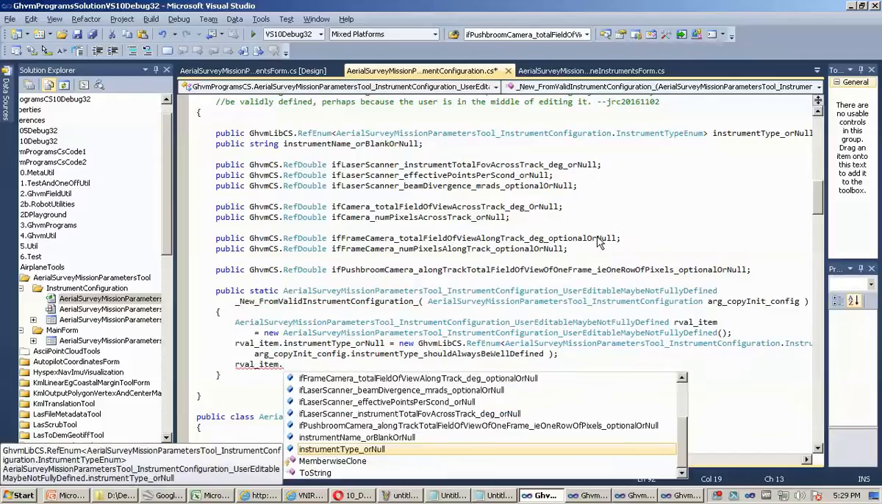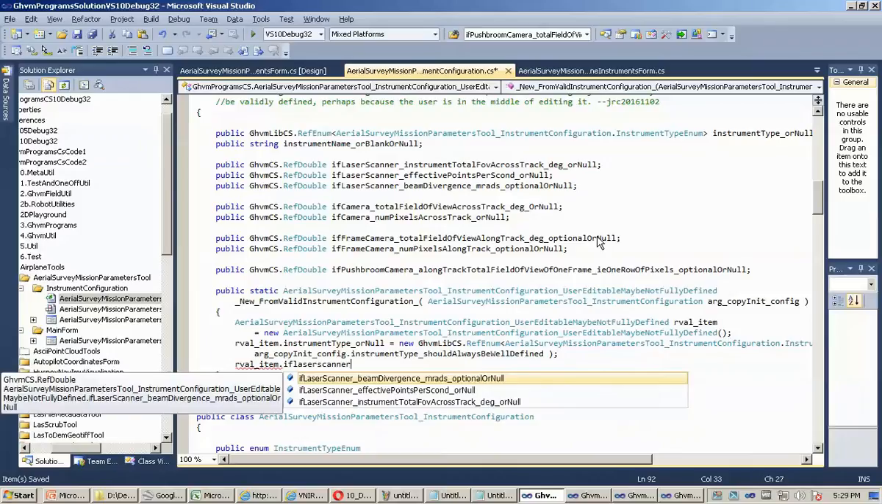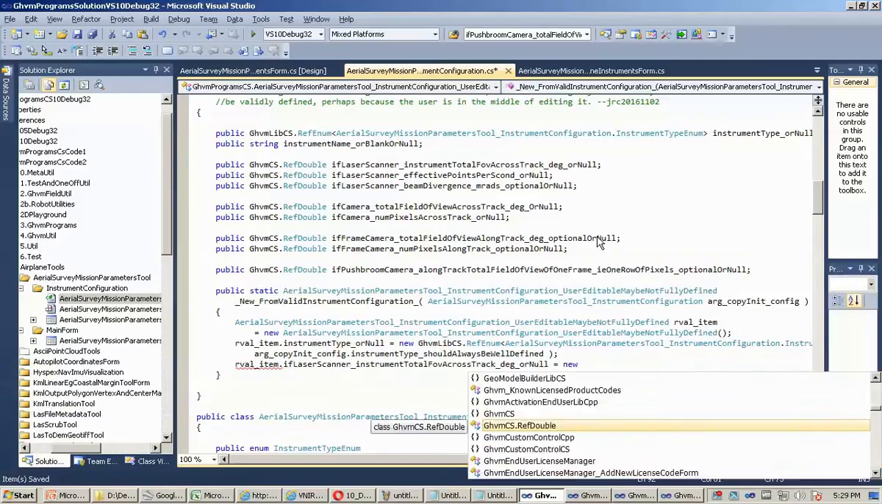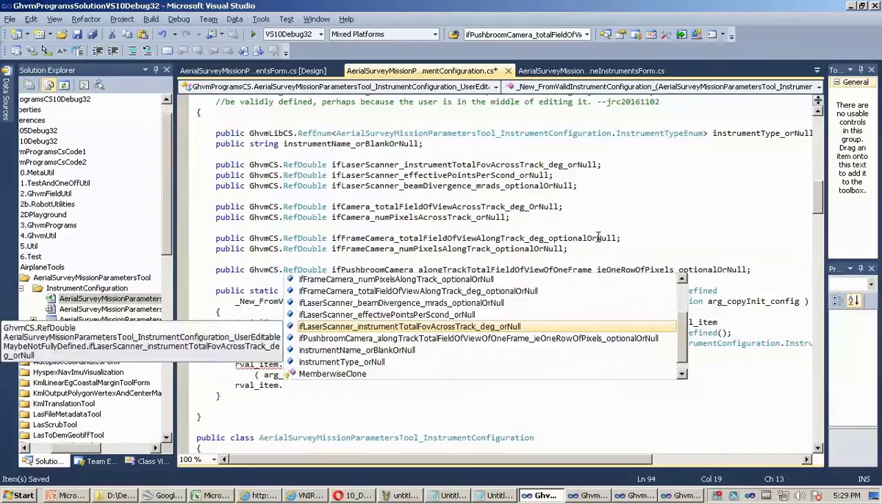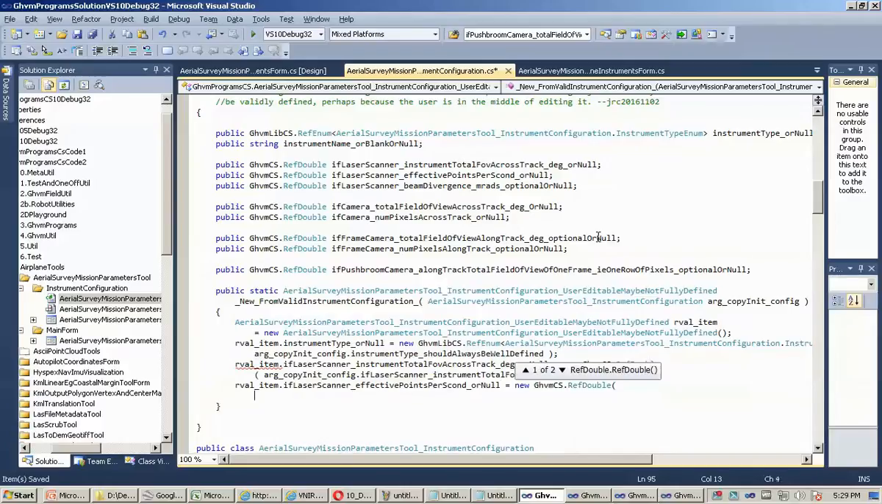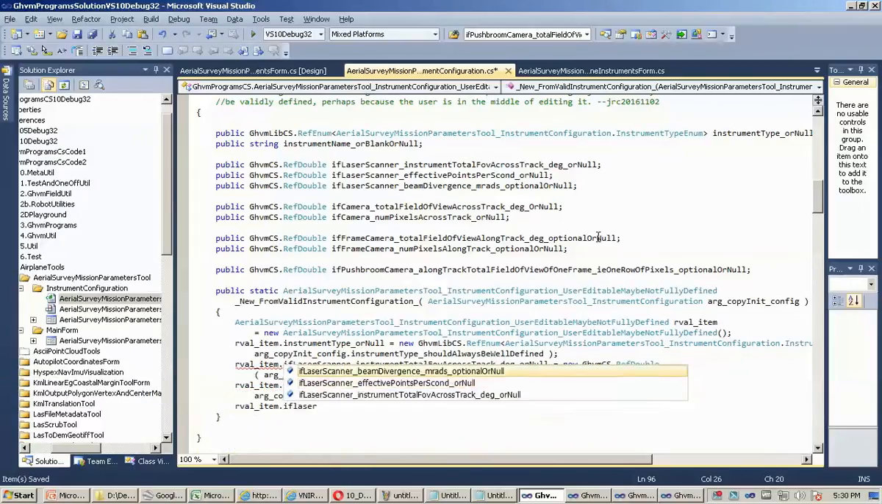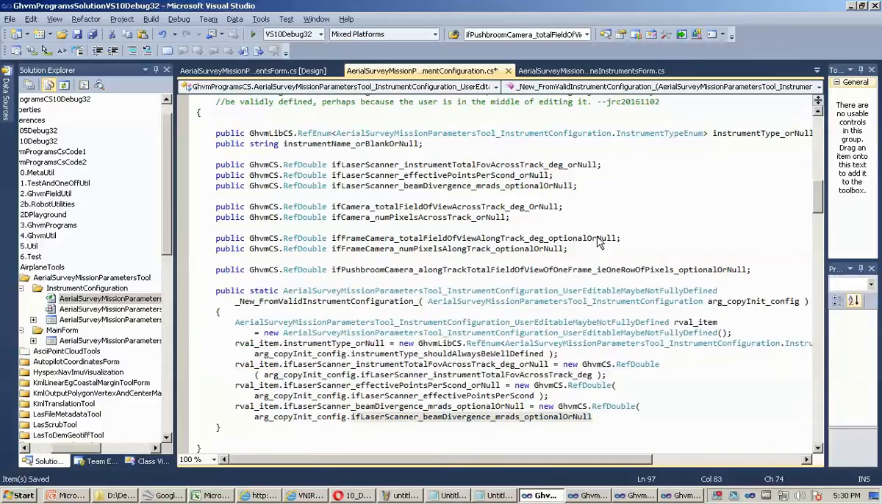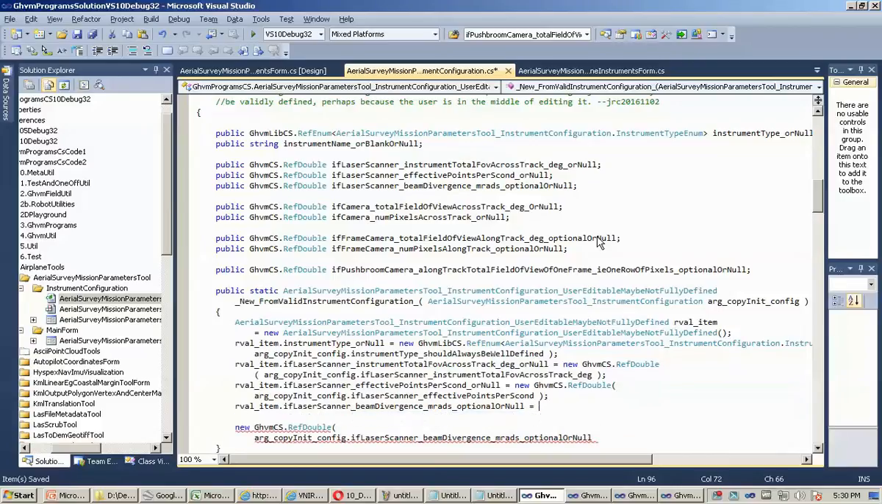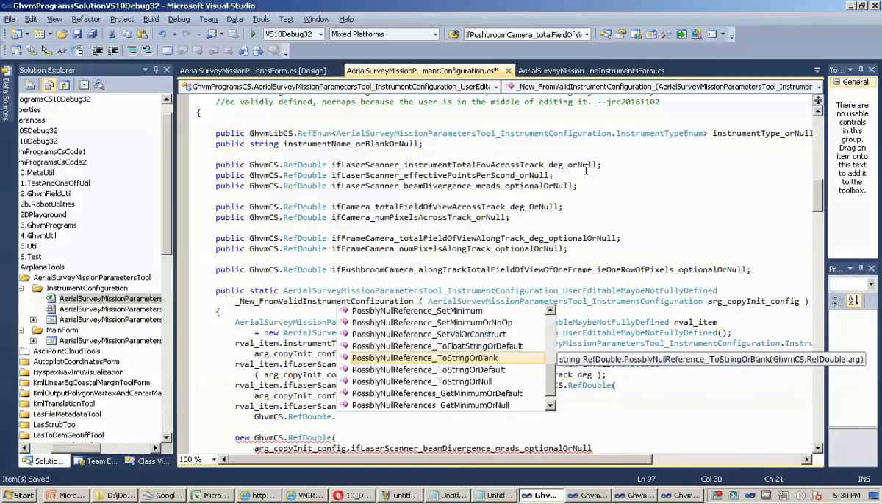And the other ones, so if laser scanner instrument field of view, if laser scanner effective points per second, if laser scanner beam divergence, in this case, it was already a nullable type in the object that I'm copying, but I don't want to take the same object because I claimed that I'm copying everything out of it, not taking references to the same thing. So I'm going to use a